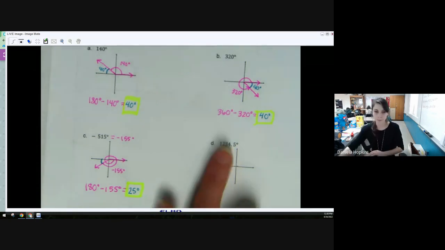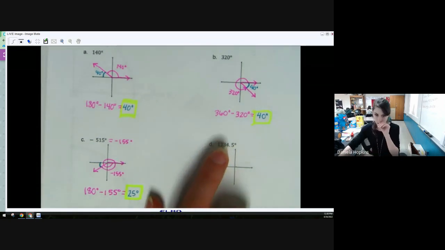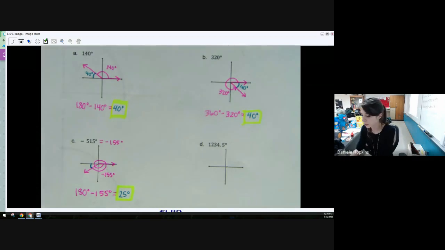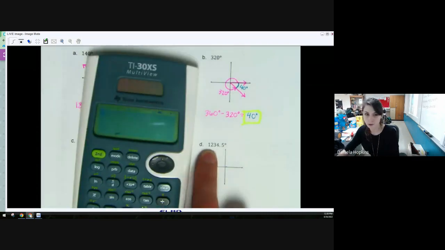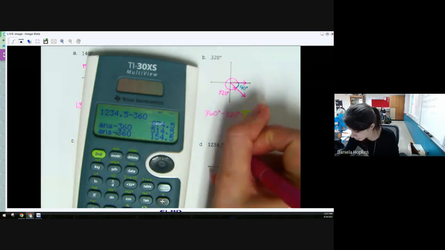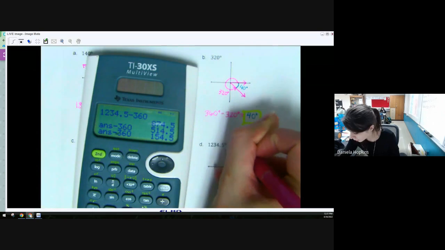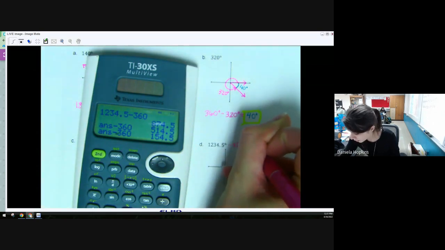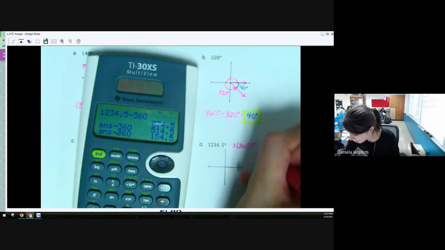So this one, when I went through, I want to find what the coterminal angle is so that I can graph this, because I have no idea where 1,234.5 degrees is. So what I did when I was working on this answer key is I just took this number and did minus 360. Okay, that's one rotation. Minus another 360, that's two rotations, three rotations. Okay, that puts me under 360. So technically what I did here was I just subtracted 3 times 360